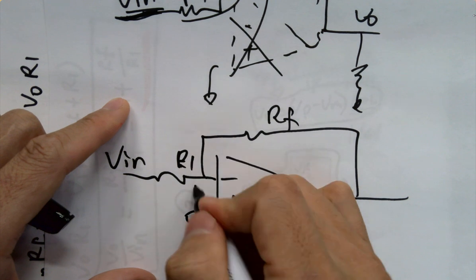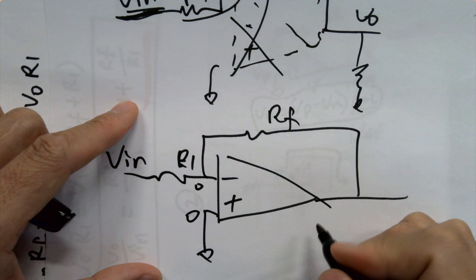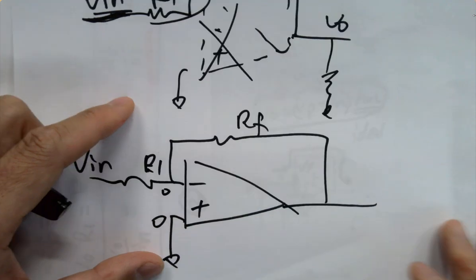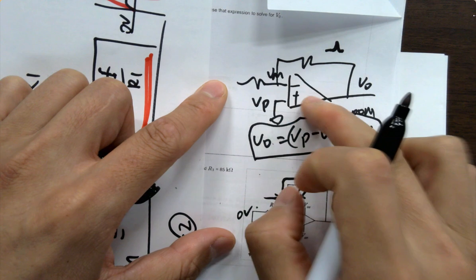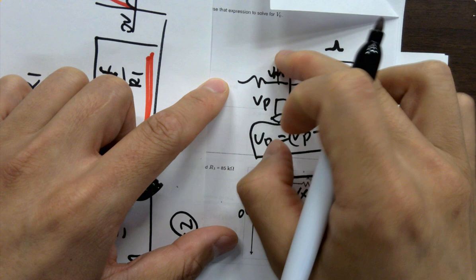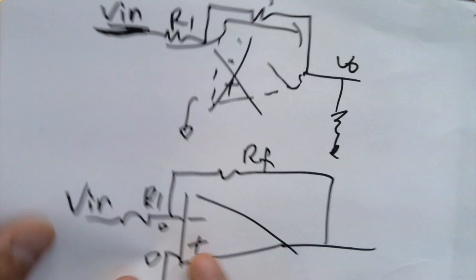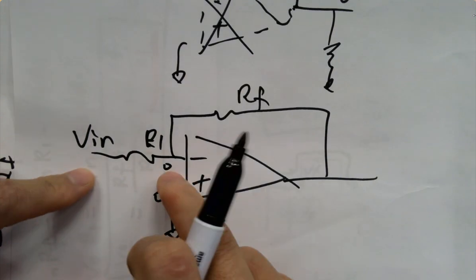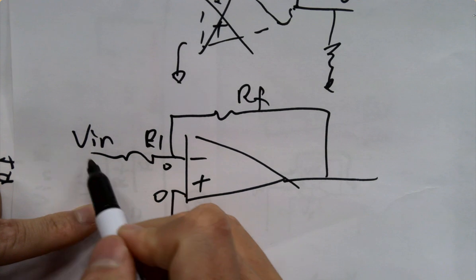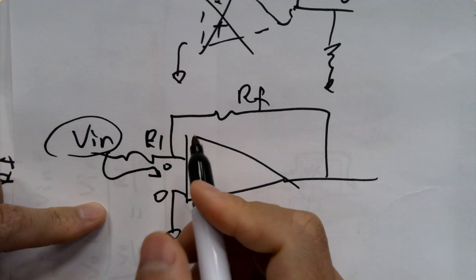Because it's virtually short at this point, because of the negative feedback and infinite open loop gain. Because of the negative feedback, like the mechanism I just described, and that super high open loop gain, you are able to force these two points to be almost equal to each other. So in that case, you can drop V in very quickly to 0, somewhere really close to